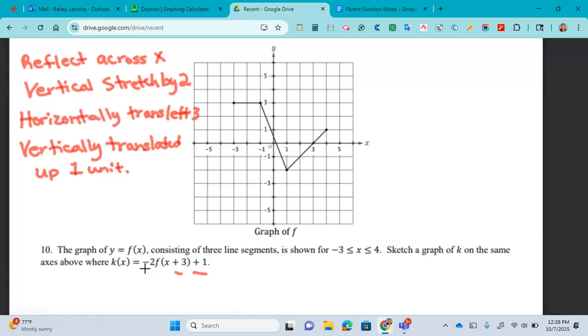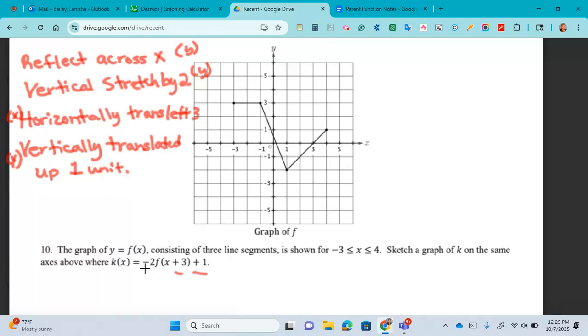All right. So let's get our points. First, the easiest way I could do is I want to know what's going to affect my x and what's going to affect my y. My reflect across the x-axis is going to reflect my y. Vertically stretched by a factor 2 is going to affect my y. Horizontal translated left affects my x, and then my y again. We see that the y has the most change. Let's get our